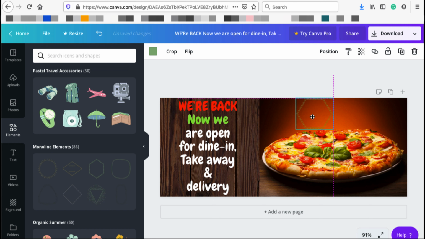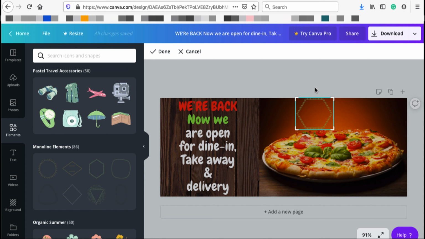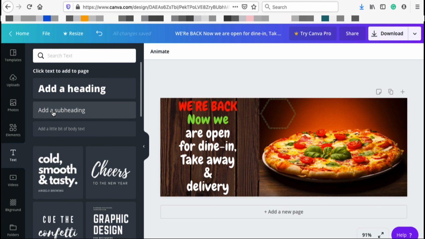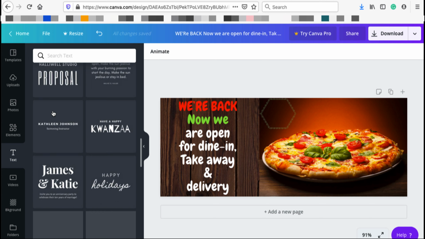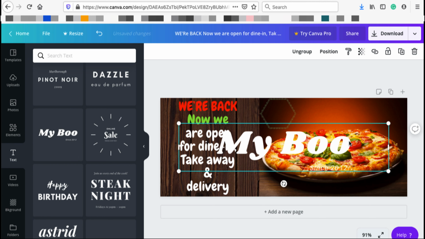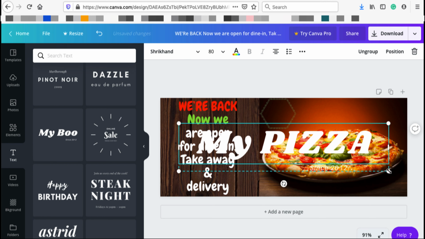Then I'm going to add my text, which is my restaurant's name, my imaginary restaurant name. Just find the right place. Now I would like it to be next to the pizza. I don't want to make it too busy. And then text, find a nice font again, and then you can change the text to your desired name. Double click, highlight, write my pizza,